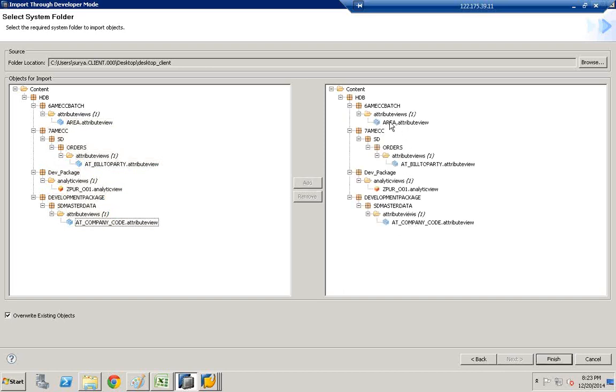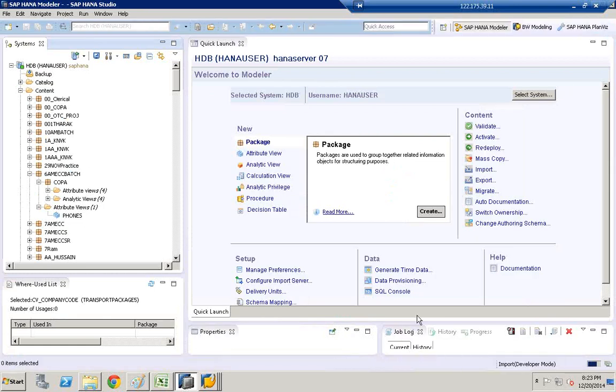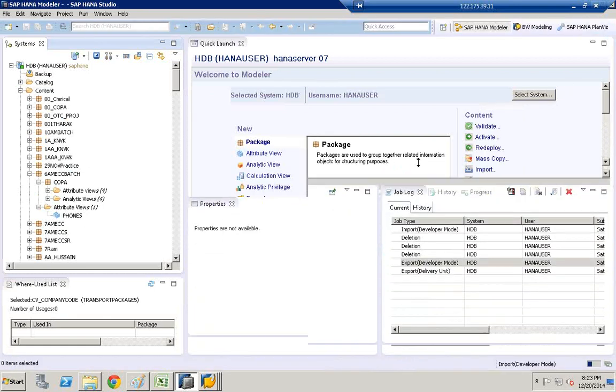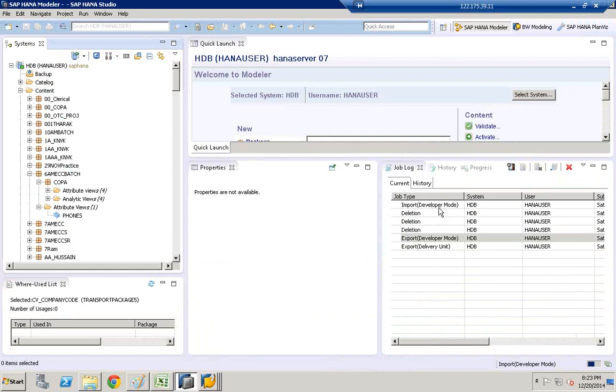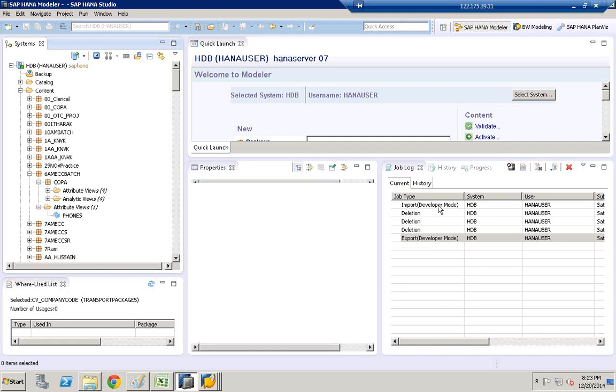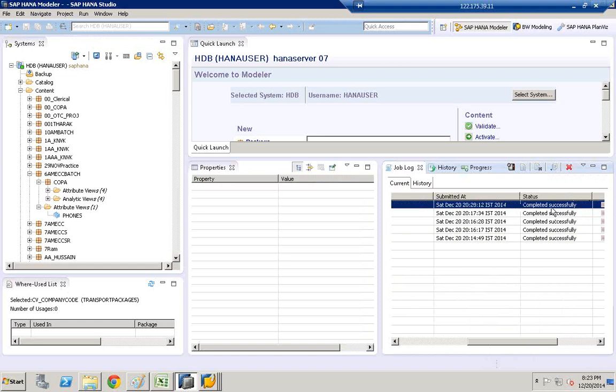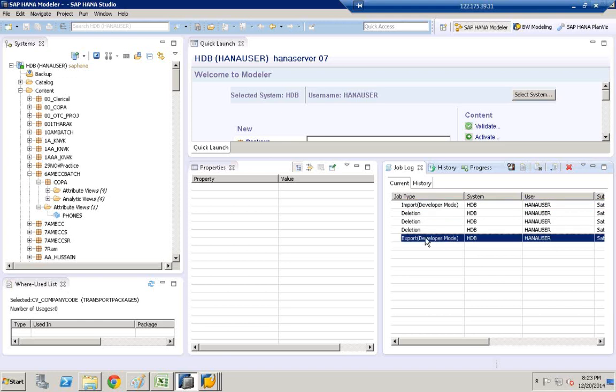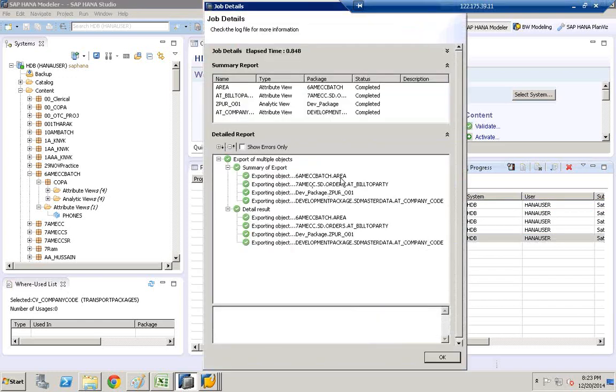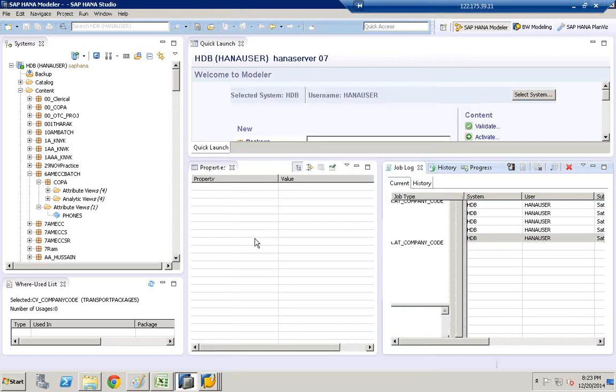Now if you remember, I deleted this area in the previous case. I have deleted this area. Once you click Finish, now again it is going to re-import back. It's going to import the developer mode. Now it's importing the developer mode, completed successfully. Now again, once you come back, the previous case which we deleted, when we exported, we deleted this object called area. So in the 6 AM ECC batch,